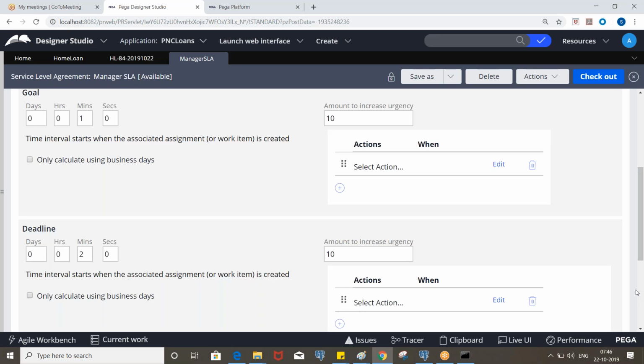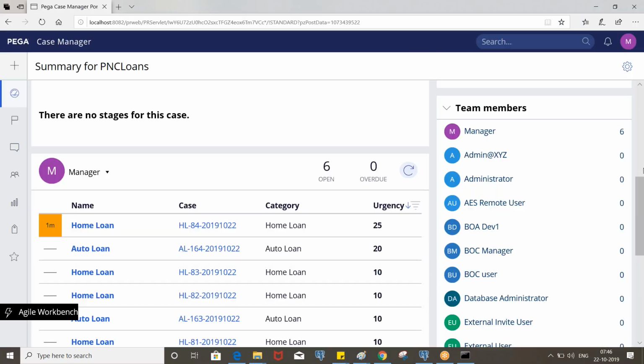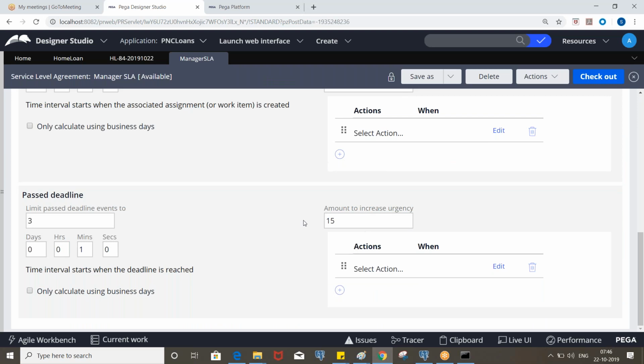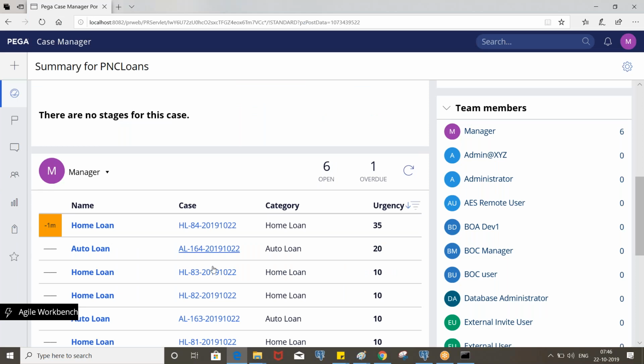And in the pass deadline, for every 1 minute it will be incremented by 15. Like, it will be 50, then 65, then 80, like that. So now 35, right?